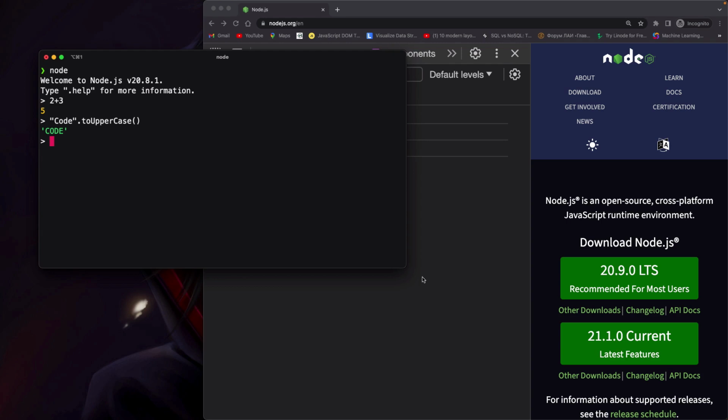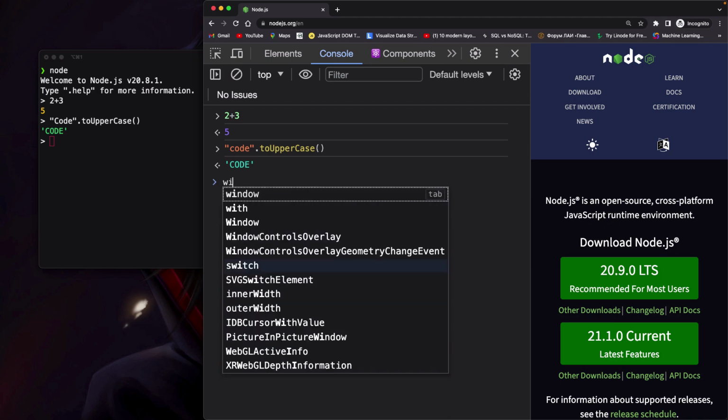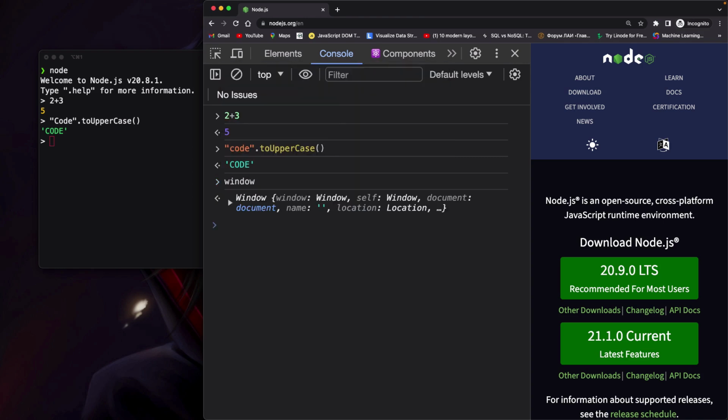Now let's head over to the browser and start to explore a couple of the differences. If you have worked with JavaScript in the browser before, then you are likely familiar with the window object. The window object is a reference to our browser window. I can type window, I can hit enter, that is going to dump the entire object to the console. And if you expand it